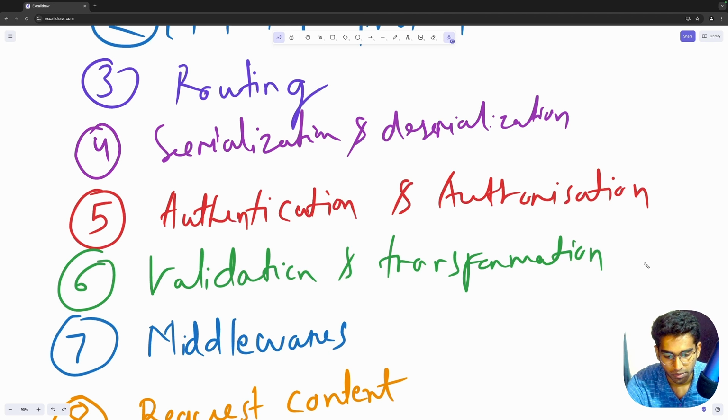Then there is complex validation logic. For example, relationships. Let's say user submitted a form and it has two fields. One is password and another is confirm password. So we have to check whether the two strings are the same or not. So that is a relationship based validation.